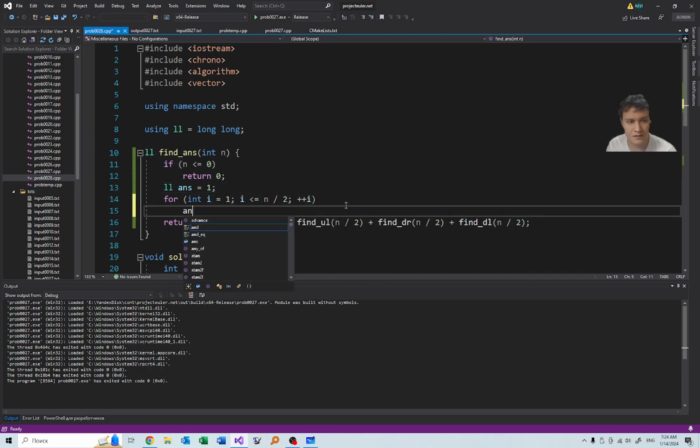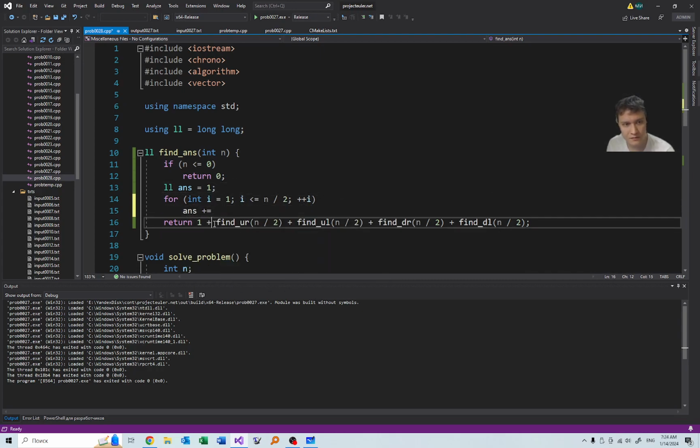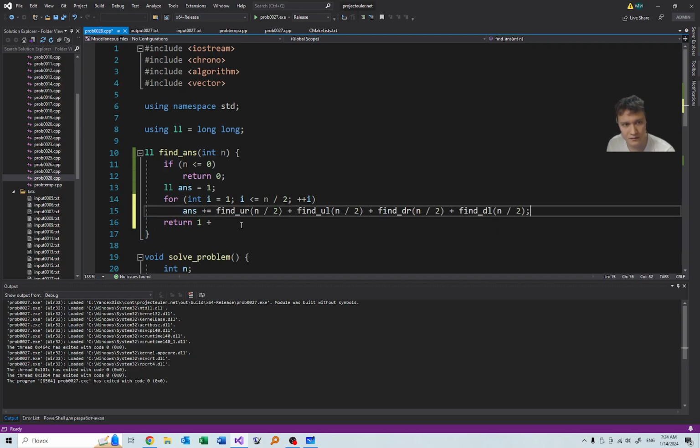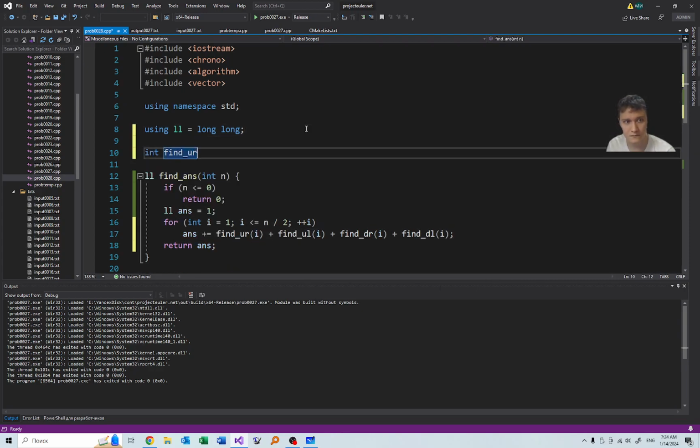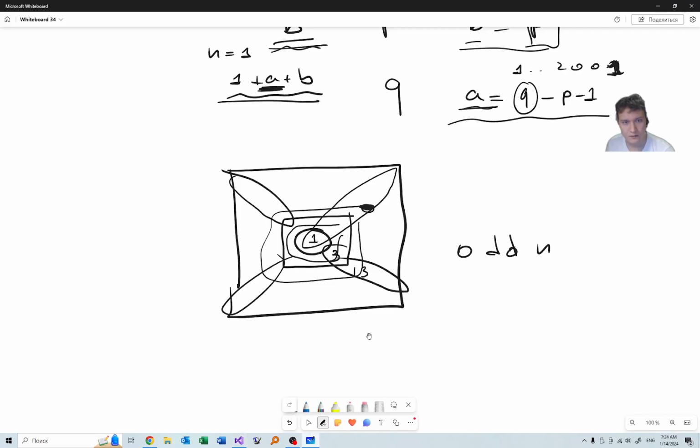And we ask for ans plus equals this thing, where it is i. And we need only 4 functions. Okay, so let's start with